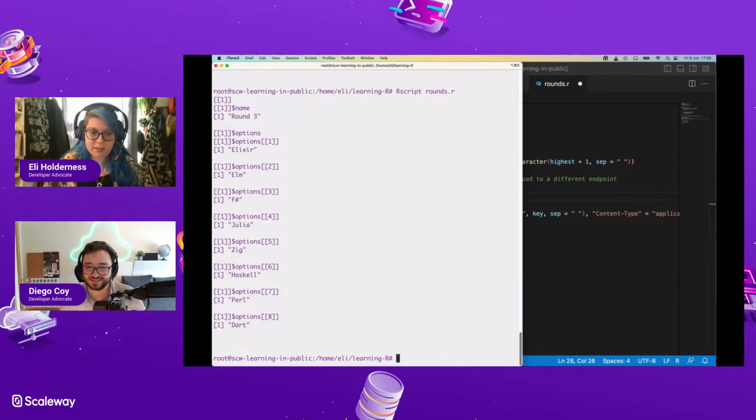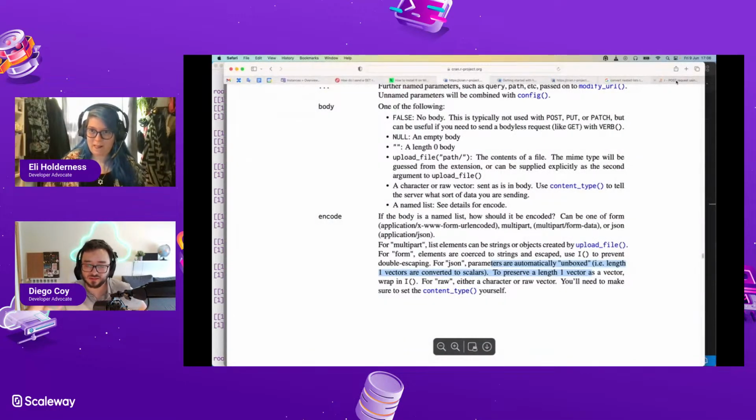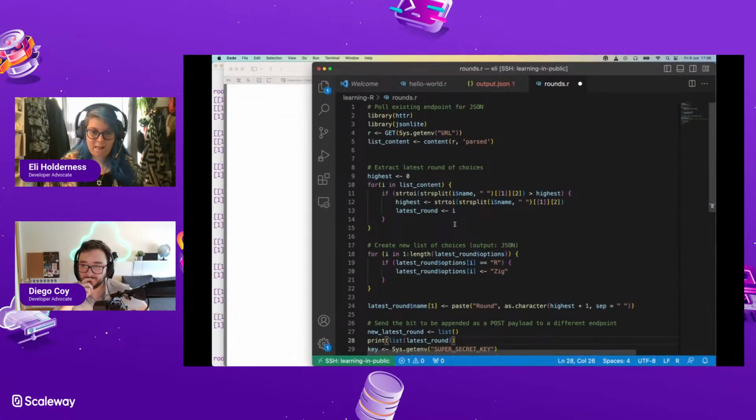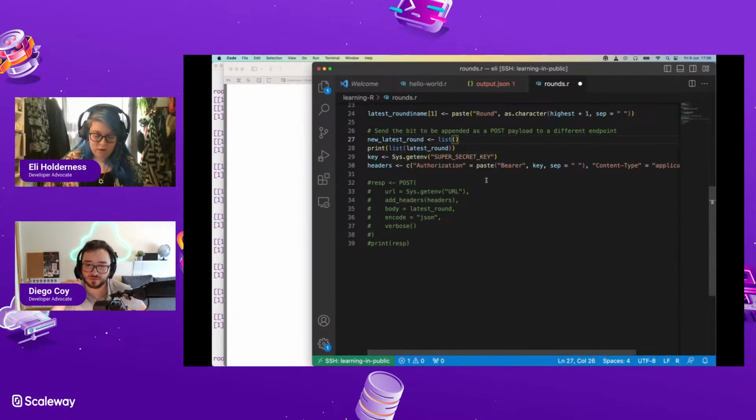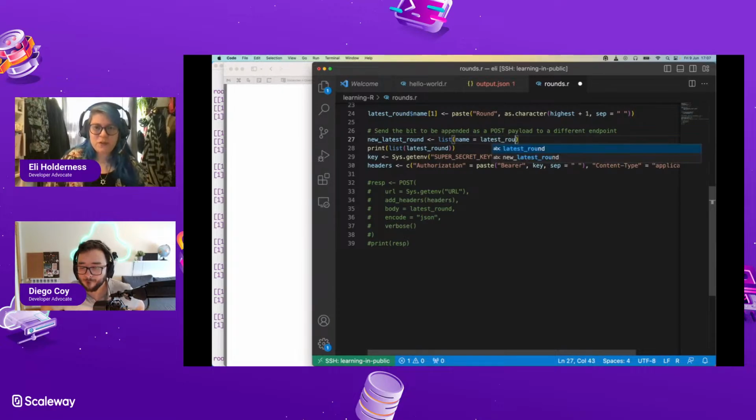And then how do I set up a new empty list in R? Because it has names, you can just do it inside that list definition, inside the parentheses, name equals, and that will be latest round, $sign name. This feels really strange that we're having to do this.